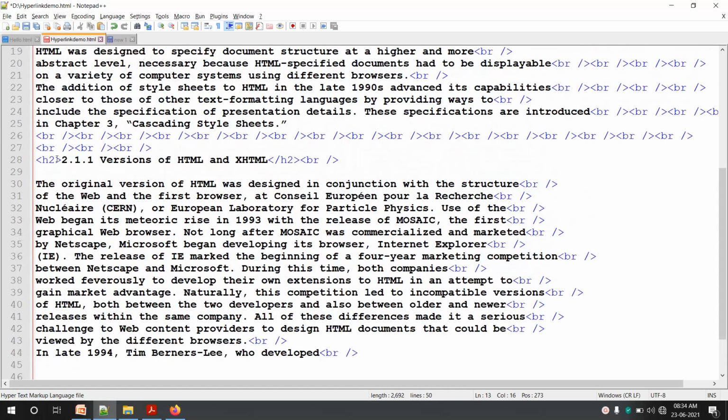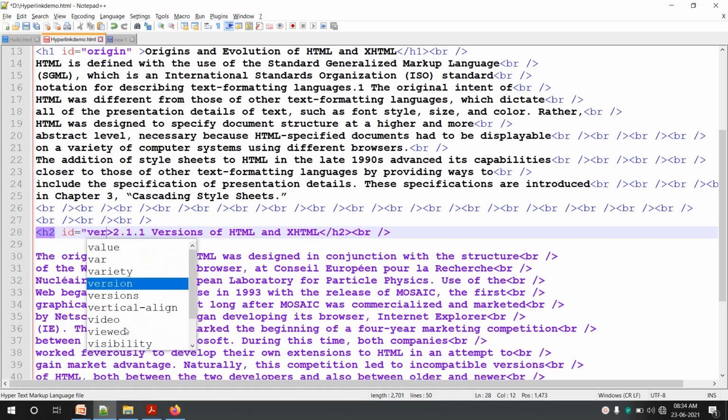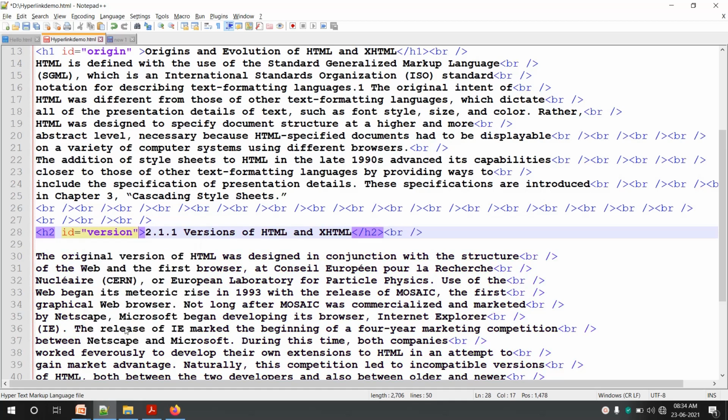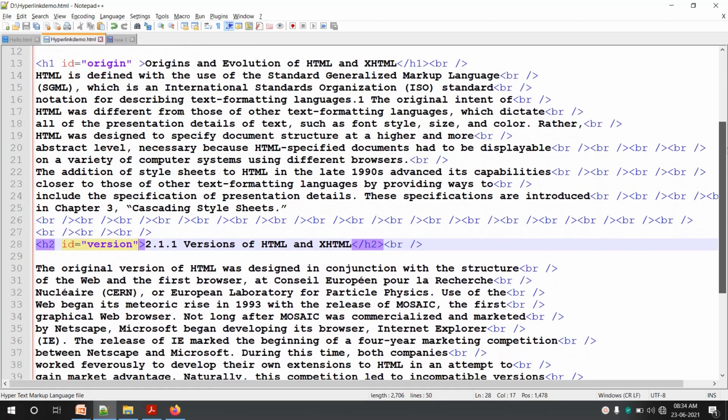So I will say here H2, ID equals, I will say our ID as version. So we have two parts of the document now, the first with an ID origin and the second with an ID version.